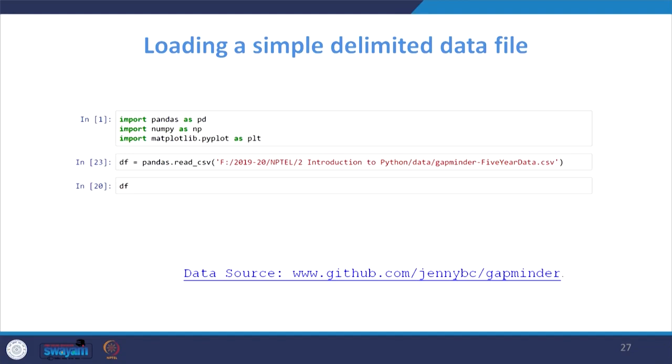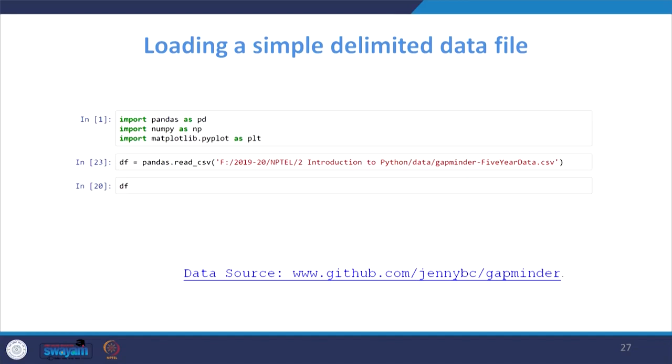This is fundamental, because before doing data analysis, the first step is to load the data into Python. For that purpose we are going to import some basic libraries: pandas, numpy, and matplotlib.pyplot as plt. First we import these 3 basic libraries, then we load the data.